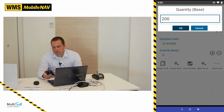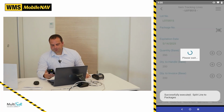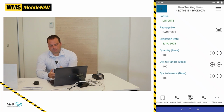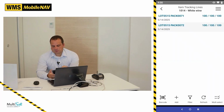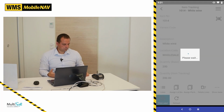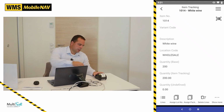200, and I will use the split line to packages button again to split and create the 2 pallets for this line. Okay, great. So I close this one down. I can see the two lines on the item tracking lines with 71 and 72. That's for the white wine. And I will press the print label to print it out. Yep, my two additional